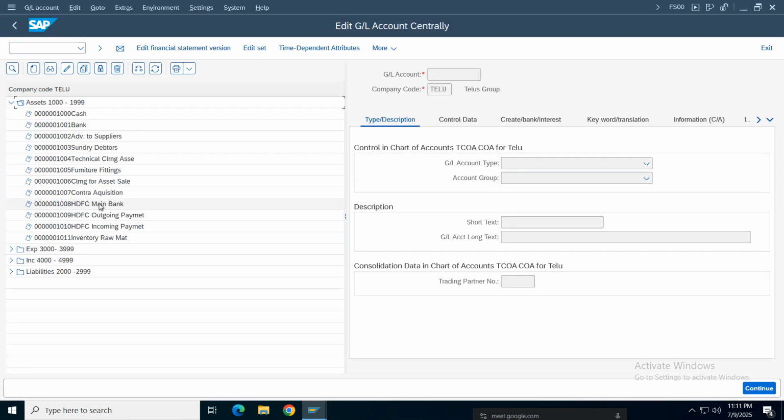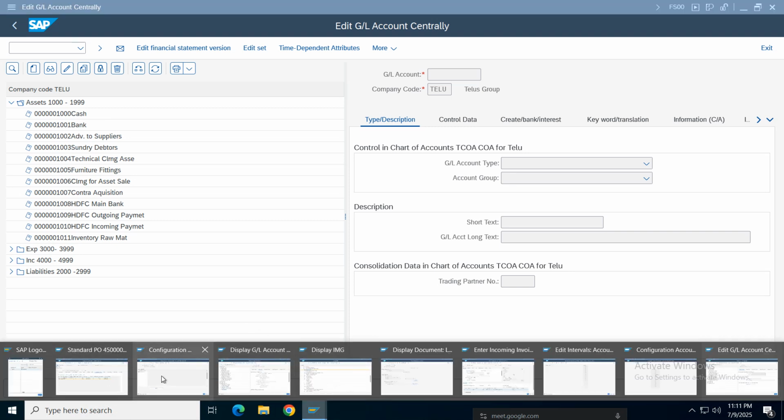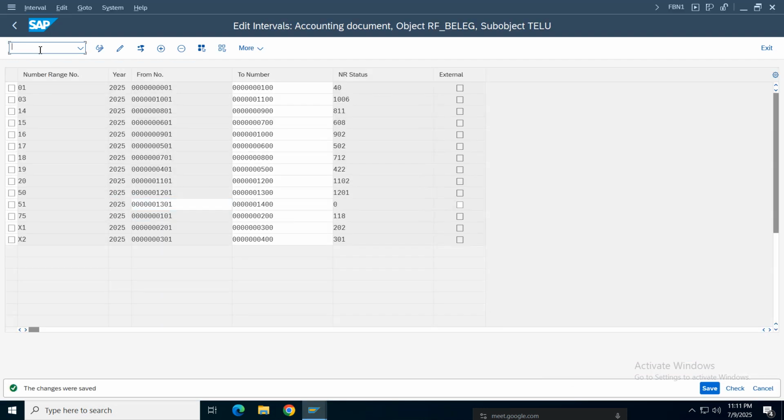So assets or liabilities. Okay. So what else we have option to make it zero balance? Okay. Let me put it edit intervals slash o spro